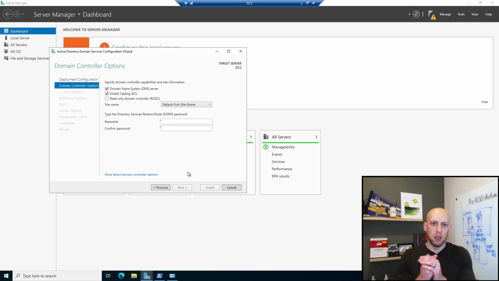But this screen looks familiar, I'm sure. This is the same thing we saw in the last one. I'm going to make up a DSRM password quick, and then we'll talk about the other options. Okay. There's a few things I want to talk about on this screen, but